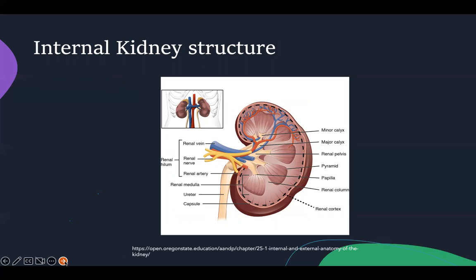Internal kidney. The internal anatomy of the kidney consists of the outer region known as the renal cortex and the inner region known as the medulla. Renal columns, made of connective tissue, go through the medulla and separate its renal pyramids and renal papillae. Renal pyramids are cone-shaped structures that contain nephrons and tubules that help transport fluid in the kidney,